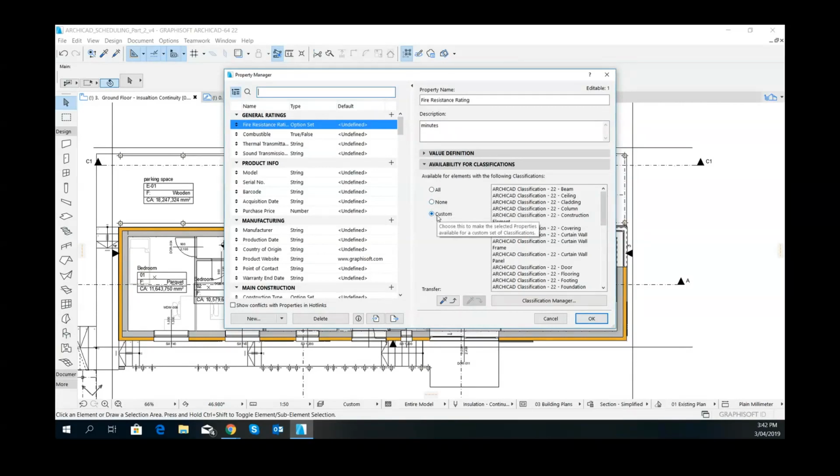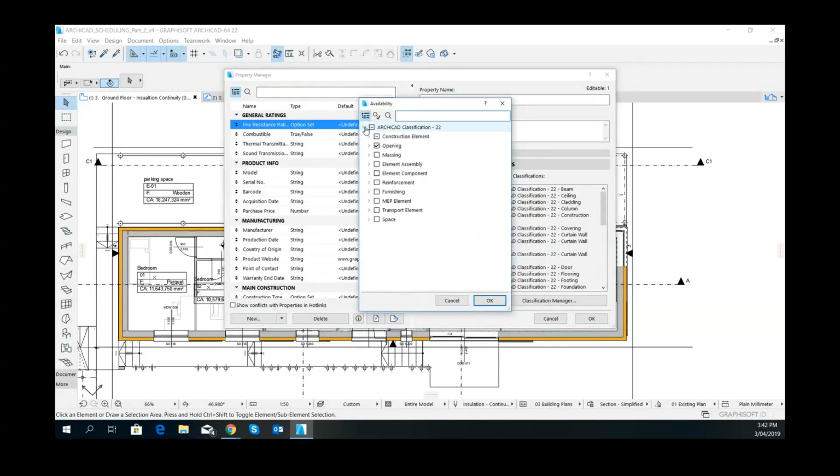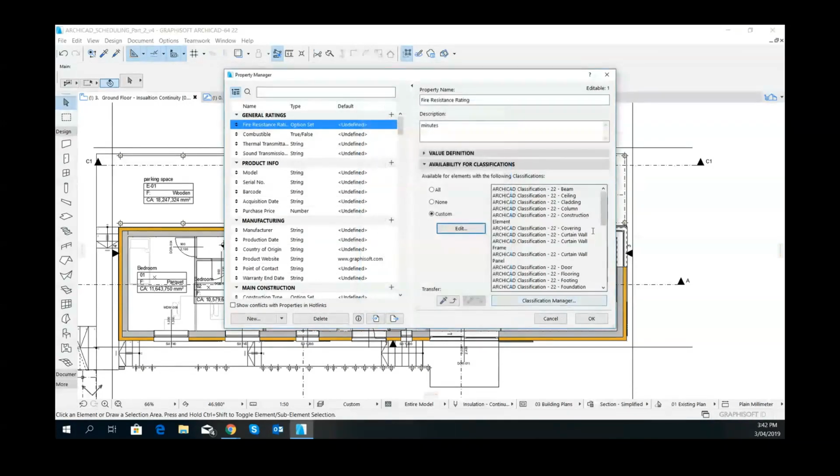And then there's the custom one, which if you come in here and edit, allows you to work through the whole list of different options and tell it which particular ones you want that to show up on. So this fire resistance rating property will show up for all elements that are classified as any of those things there. So if we go OK,